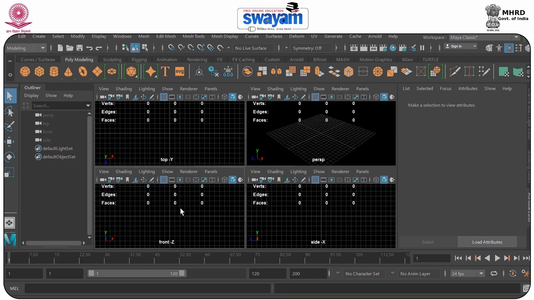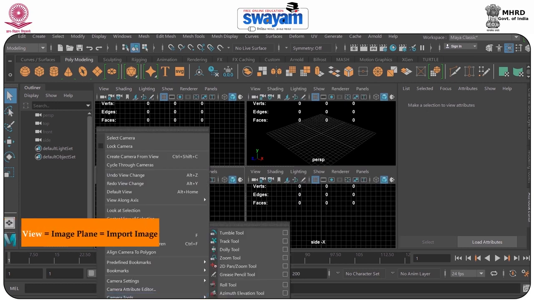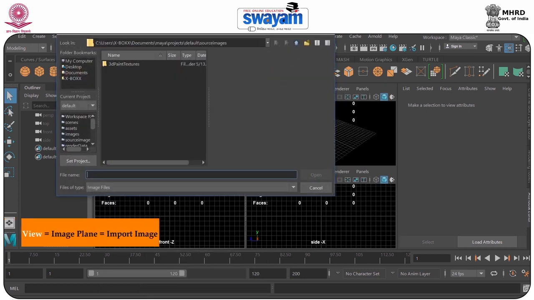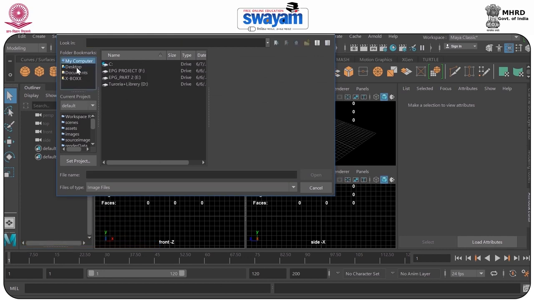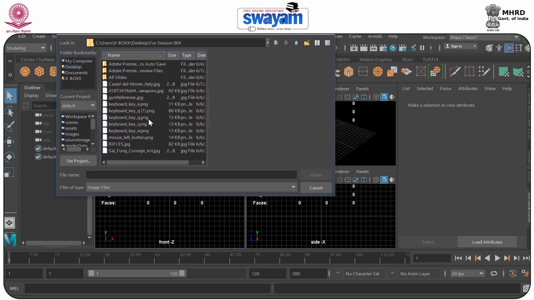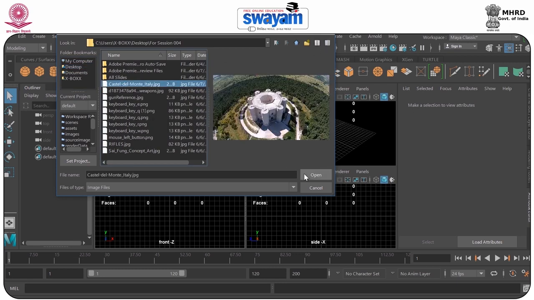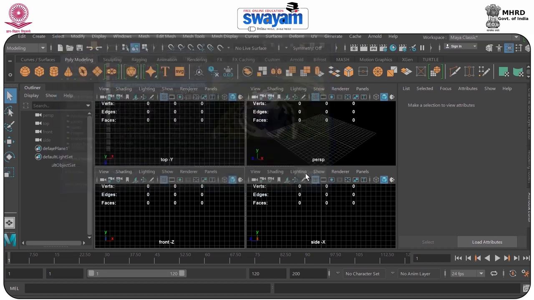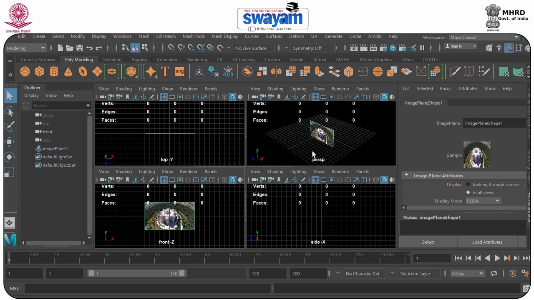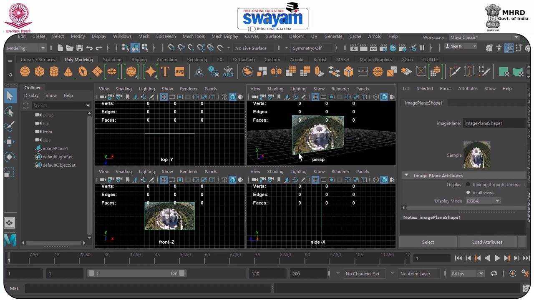So let's start. I'm going to use the view image plane and import image, and let's come to the project folder, session 4, and I have a reference of Castel del Monte which is located in Italy. So I will try to create this model with the help of a standard primitive.